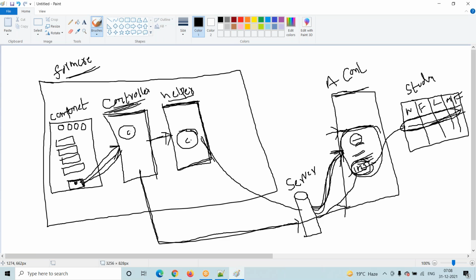So it will come to the server. Again from the server, it will come to the helper. How will the helper take it? The Apex method is giving a response. Again, how will it take that response?